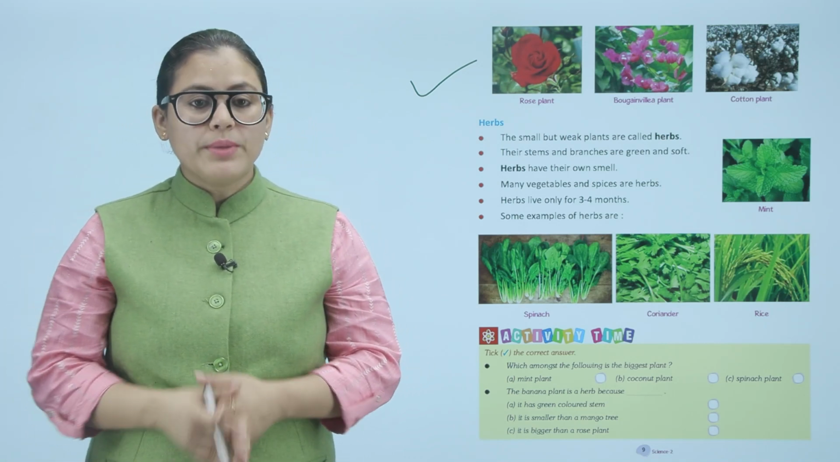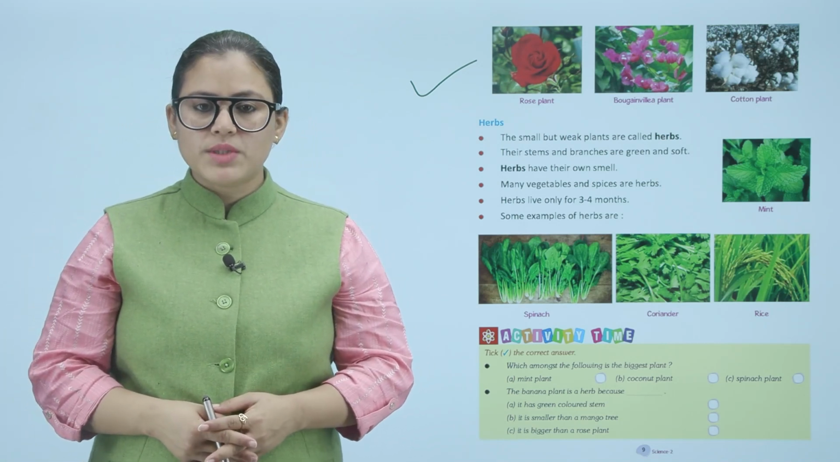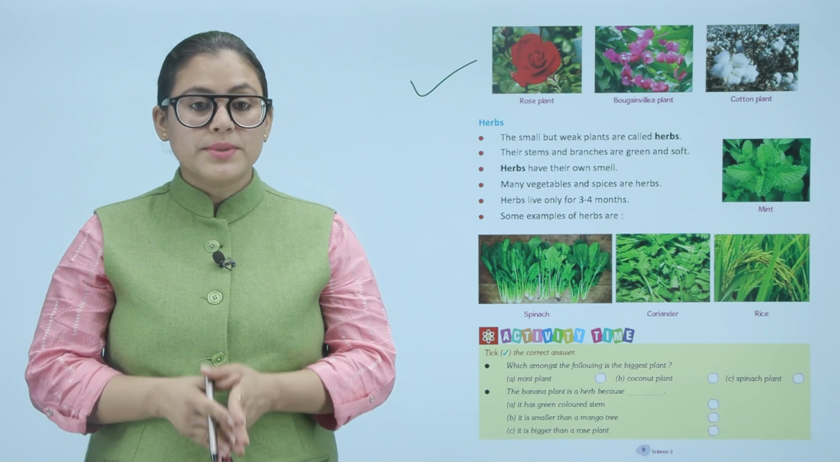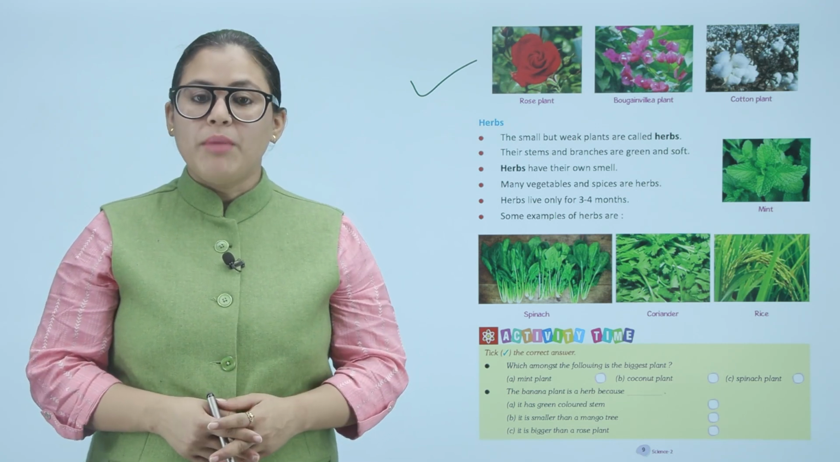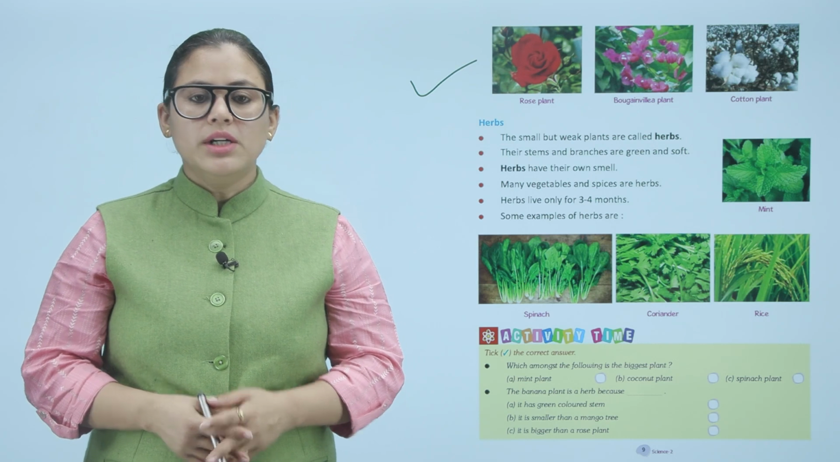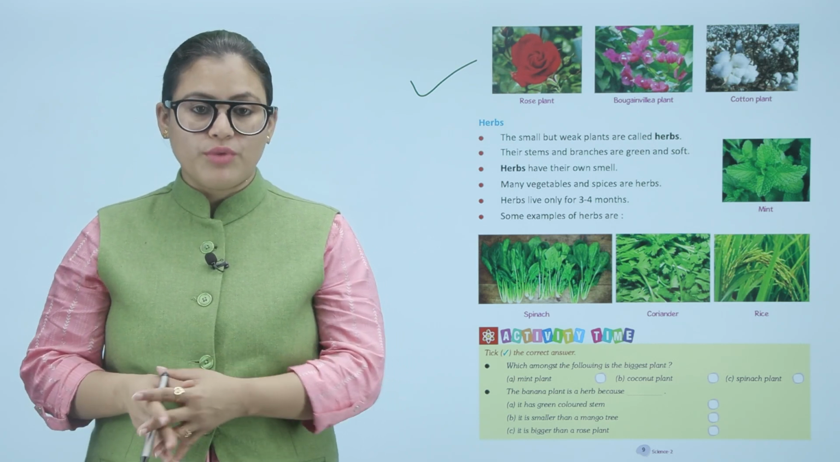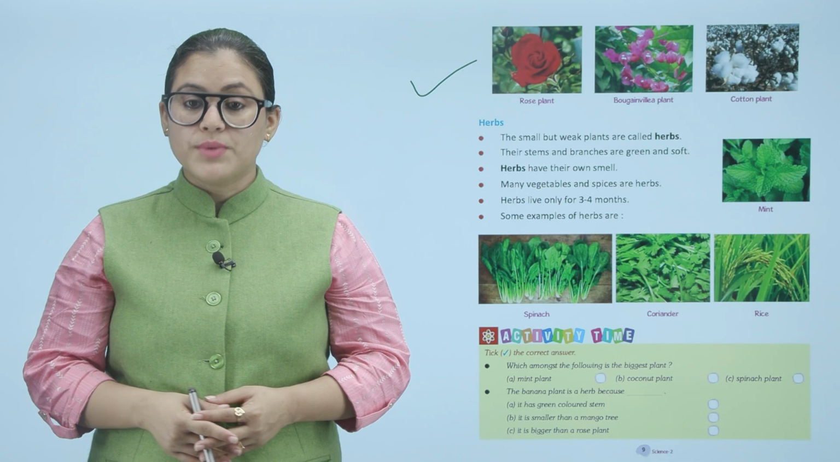Herbs. The small but weak plants are called herbs. Their stems and branches are green and soft. Herbs have their own smell. Many vegetables and spices are herbs. Herbs live only for 3 to 4 months. Some examples of herbs are